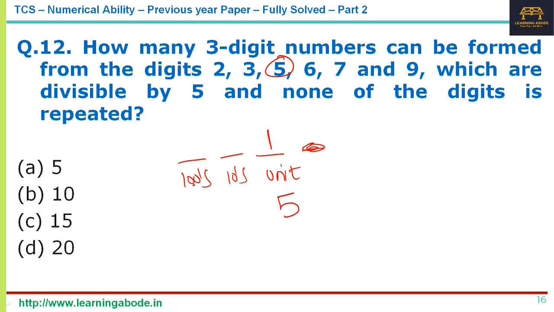Okay. So as far as the hundreds digit is concerned, you can use any one of the numbers other than 5. So 2, 3, 6, 7, 9. So any of the 5 numbers can be used other than 5. Okay, so 5 ways of doing it. Totally 6 numbers in which 5 cannot be used. So 5 ways you can write. Now as far as the tens digit is concerned, you cannot use 5, because repetition is not allowed and 5 is used in the unit digit, and you cannot use the number that you have used in the hundreds digit. So you have only 4 numbers there. So 5 into 4 into 1, 20. That's answer option D for question number 12.